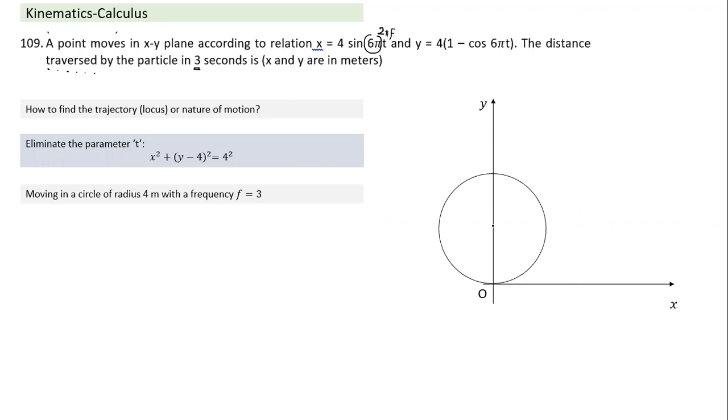And if you have to identify where the particle is at t equal to 0 seconds, can you identify, Tejas, in this circle, where is the particle at t equal to 0? It will be at the origin, right? Yes, it is at the origin. Now, is it moving towards left or right? Is it having clockwise rotation or anti-clockwise rotation? It will have anti-clockwise rotation, sir. Why? Because x becomes positive with time. So this is the kind of motion it has.